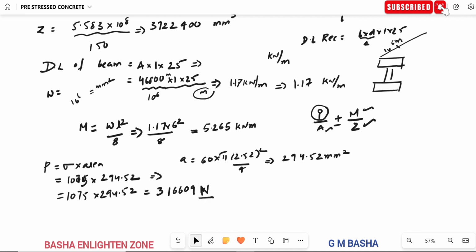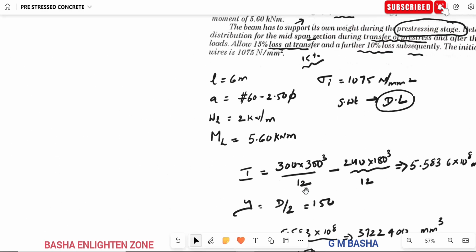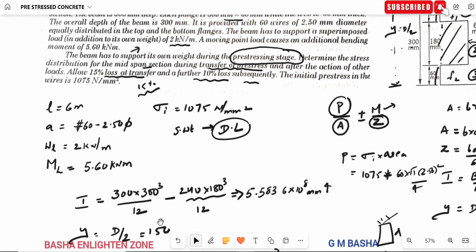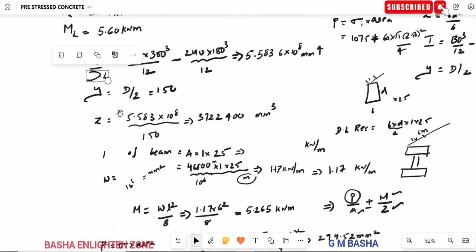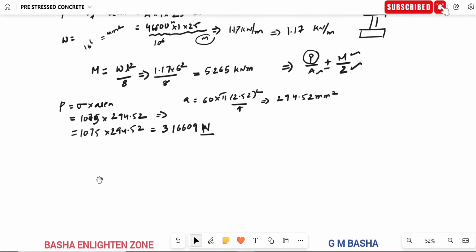And again, for substituting the overall value P here, we have one condition in the question. You can see clearly. I will show you once again what condition is given in the question. See here, in the prestressing stage, own weight will be considered. We consider only dead weight. So determine the stresses at the midspan section during transfer of prestress. First condition is transfer only. At how much transfer will it be? Allow 15% loss at transfer. So we are taking that one here. So if we allow 15% loss at transfer